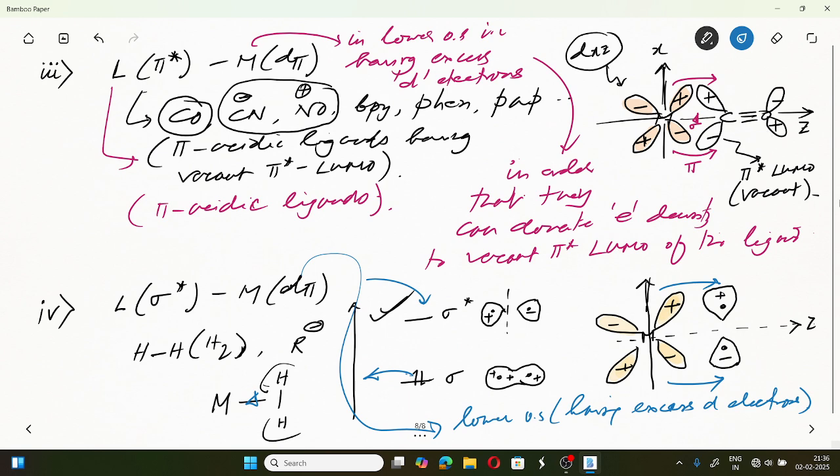Now in molecular orbital theory, we can explain this pi bonding in two categories. So let us move to molecular orbital theory. So these pi bondings can be explained under two categories. Type 1 হচ্ছে, এখানে আমরা বলছি ligand to metal sigma donation, ঠিক আছে, ligand to metal pi donation,